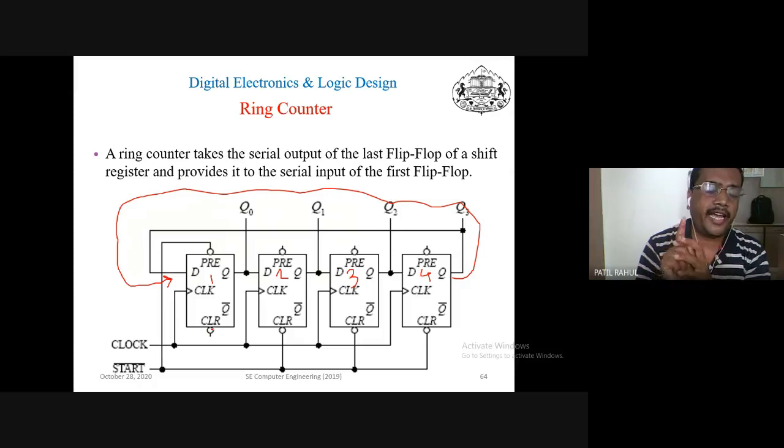Preset and clear are the asynchronous inputs. The name of these inputs is the overriding inputs. Why are they called overriding inputs? Because they do not affect any previous inputs. Next point: if you connect a zero signal to the preset, then the output of that particular flip flop is 1. And if the zero signal is connected to the clear input, then the output of that flip flop should be 0. Do you understand what I said?